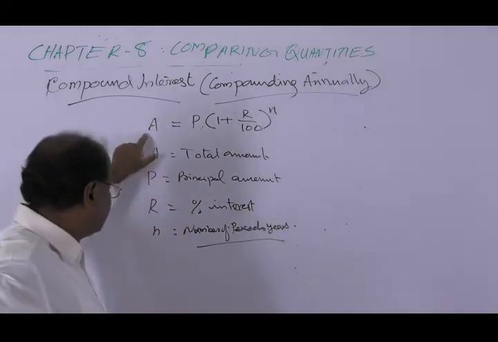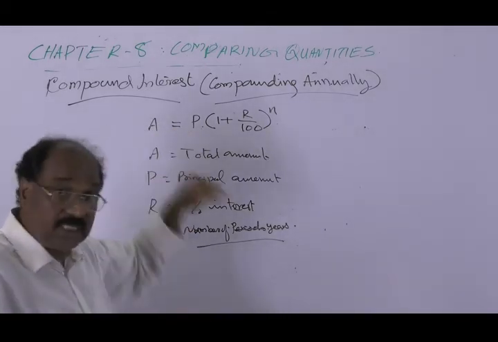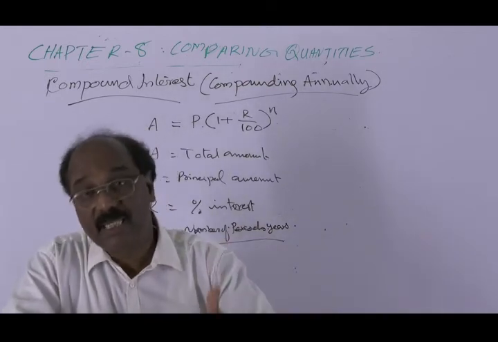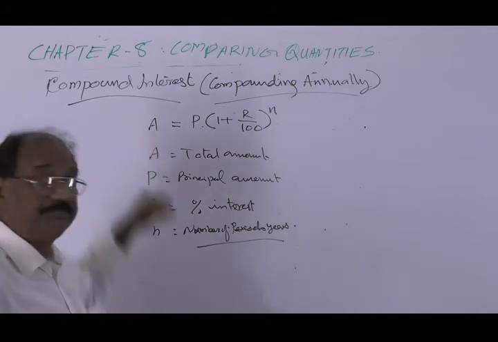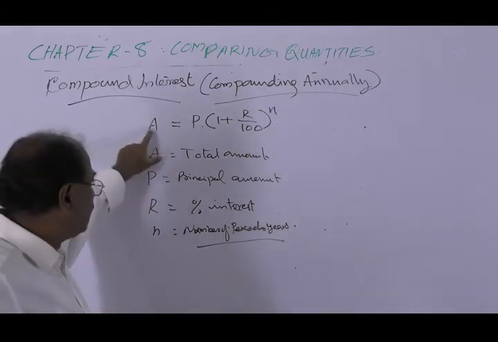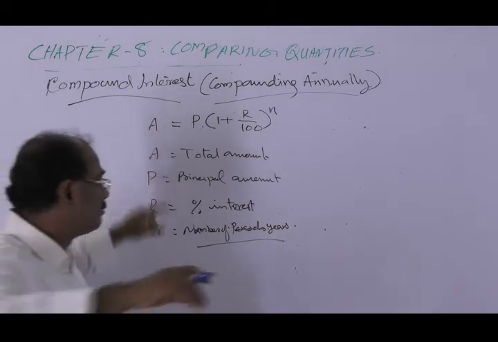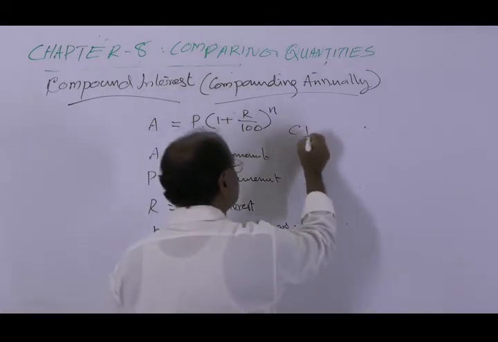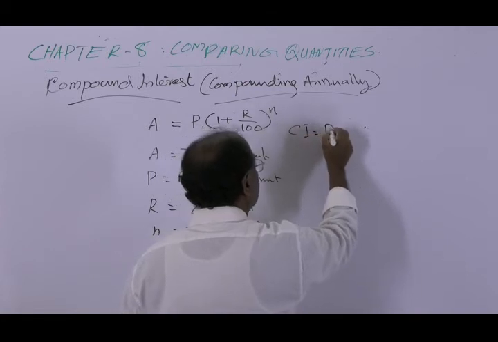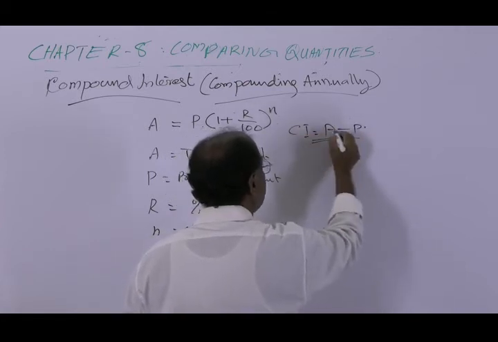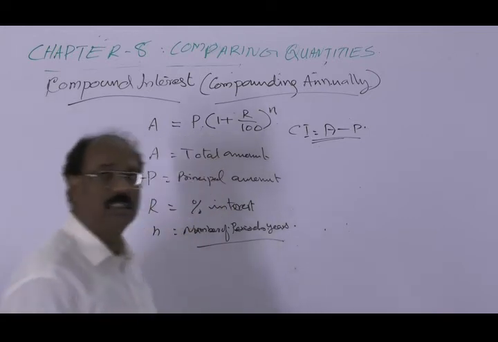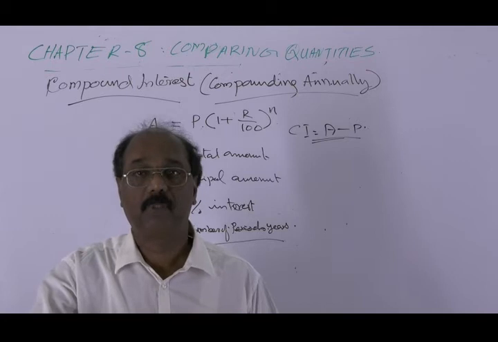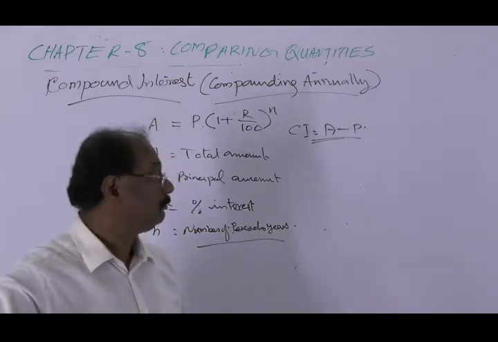So we get the total amount including the interest, the compound interest. The principal plus the interest is this. So we can calculate the compound interest by subtracting the principal amount from this. That is, the compound interest CI is equal to A minus P. This will give us the required compound interest. It's very easy. So we can have an example.